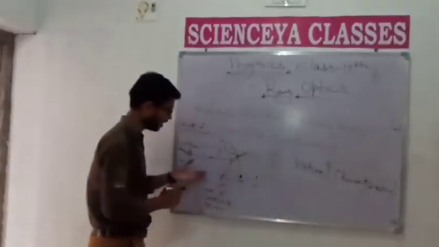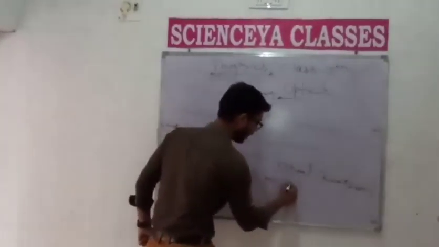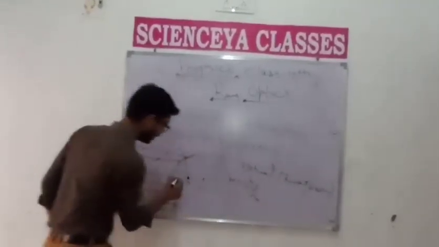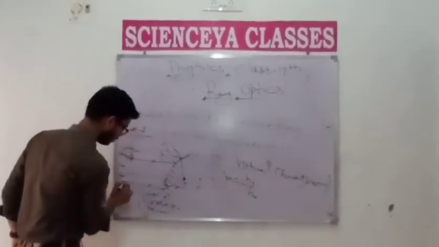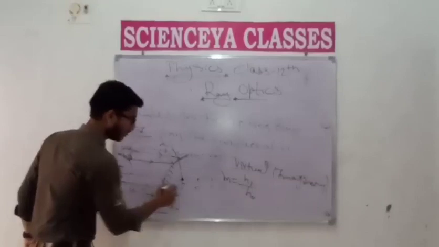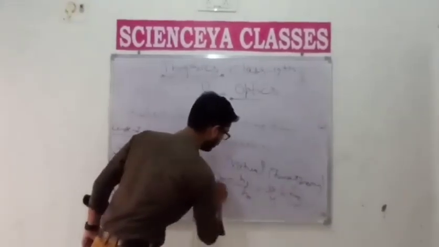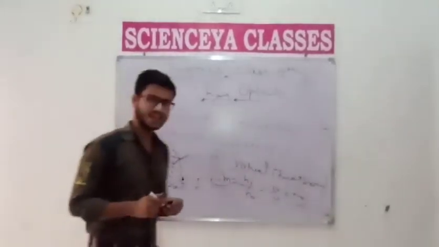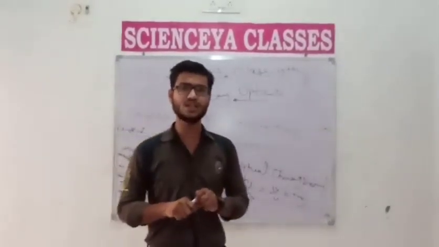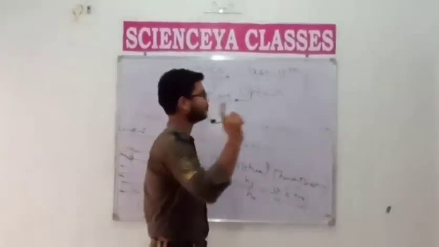So this is case 5, and in the case of linear magnification, it is simply HI upon HO. Student, here you note down that the values of V and U are infinity. So the value of U is negative, and m is negative V by U. Here student, note down that the value of linear magnification is always positive. Generally in examinations, the question is asked about the ratio or the linear magnification.